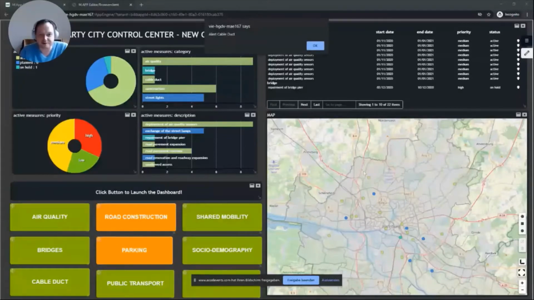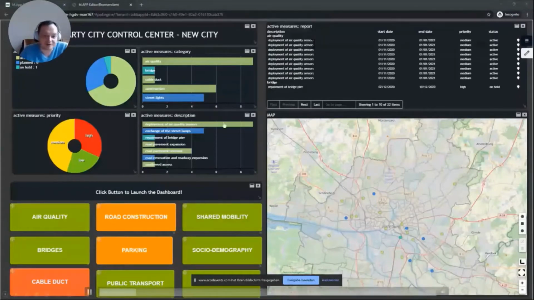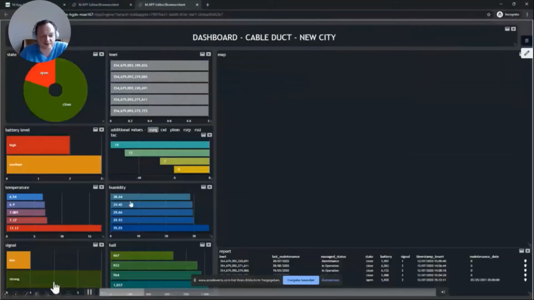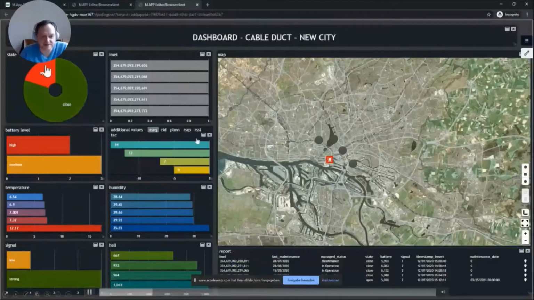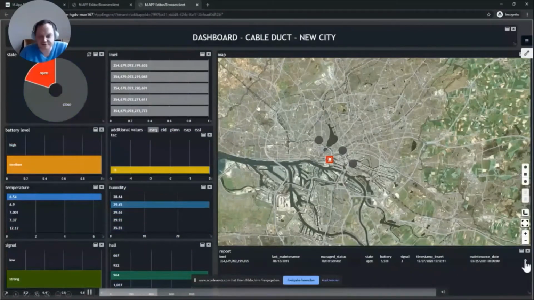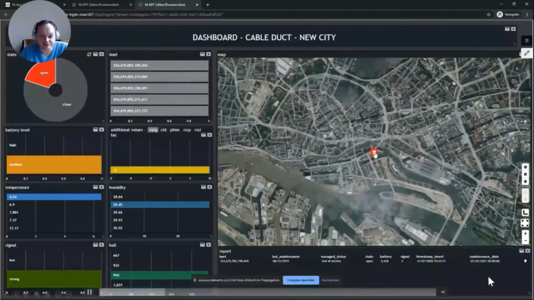What you see here is now we have this dashboard, and we have just received an alert from a sensor that there's a cable duct opening. So now we're going to the target section of this cable duct, and you can now see we have a specialized dashboard. And for example, we can now click down on the alerts itself. It's quite easy, so I do not really need training on the software to understand also the geospatial context.